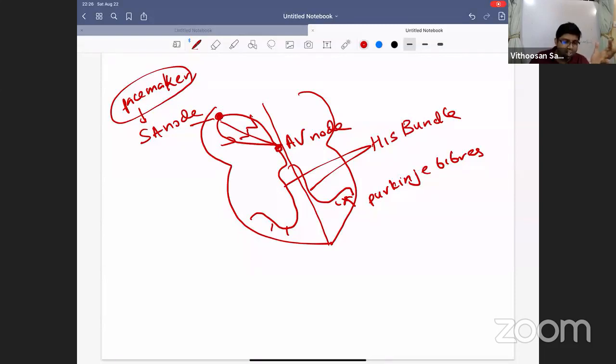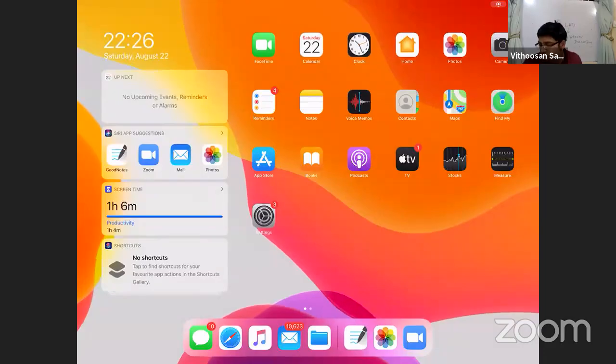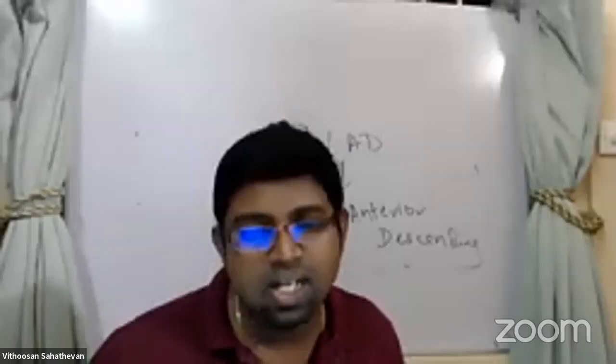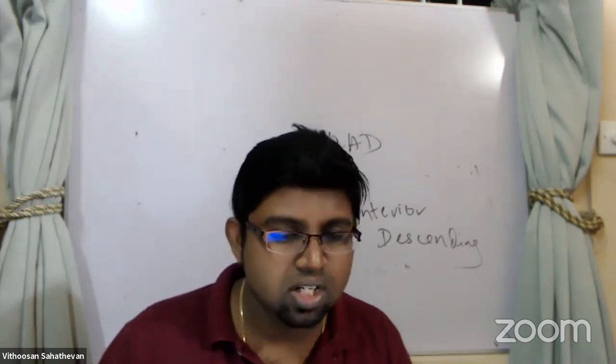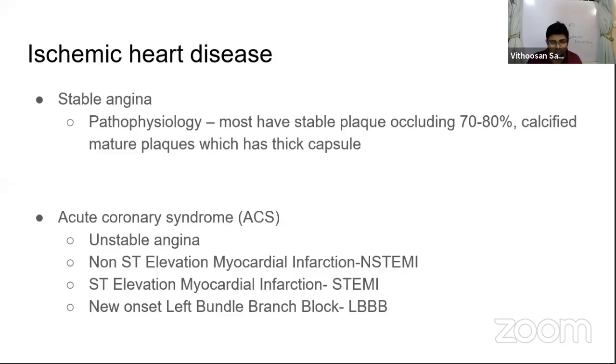So what you do in the ECG is try to detect this by putting some leads outside the body, to diagnose this electrical activity. Okay. So if you look at a normal ECG pattern, guys,